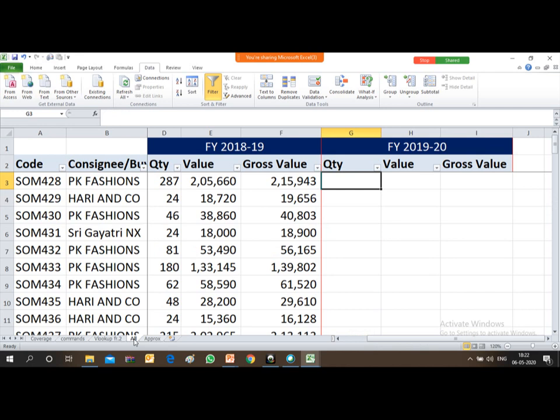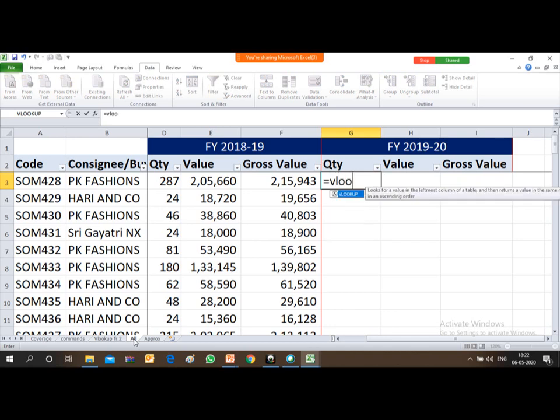So friends, here are three columns. First column is for quantity. Next column is for value, and third column is for gross value. I want to use this VLOOKUP formula for all these three columns. I have to derive the values for all three columns from a different file. So there are two ways available. Either I can type the VLOOKUP formula separately for each and every column, or I will use the formula once, then copy it into each column and just drag it down. It will serve my purpose. Let's see how.